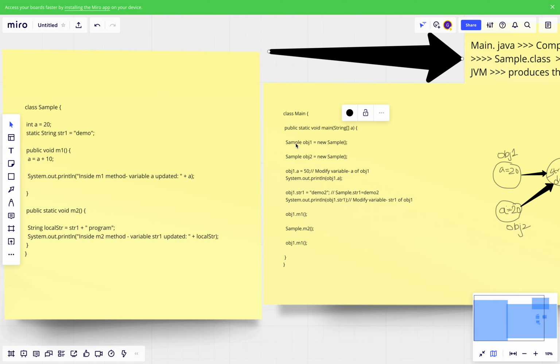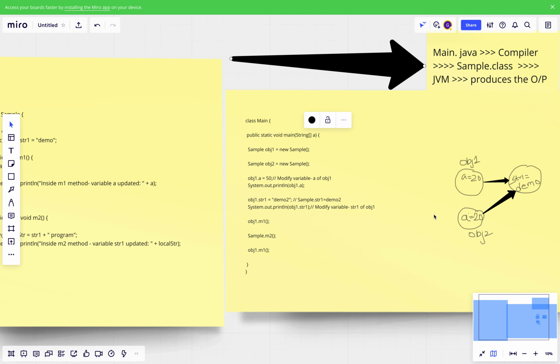for a clearer understanding, the static variables are created during the class loading. They are not created when the object is created.